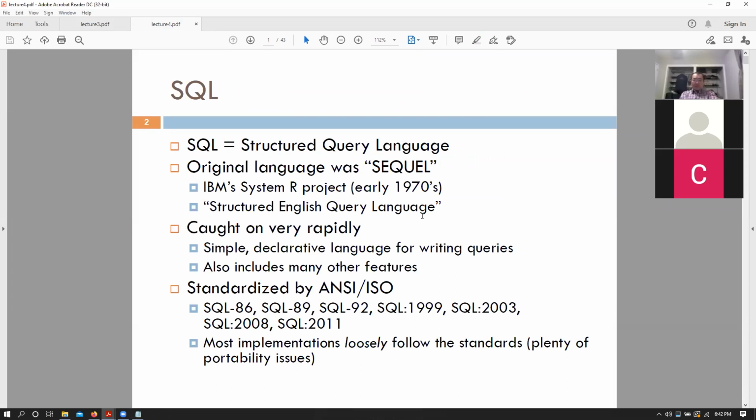SQL is a language that is built on top of these relational algebra models that allows us to query a database using relational algebra, but with a much easier syntax. Rather than having those Greek letters and things like that, we have a much easier syntax that works out well. As I said earlier, it was first devised by a person called Edward Codd in the 70s, and then IBM and Oracle actually took it up.